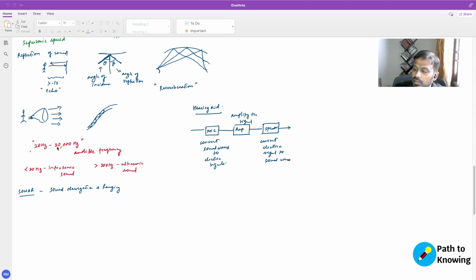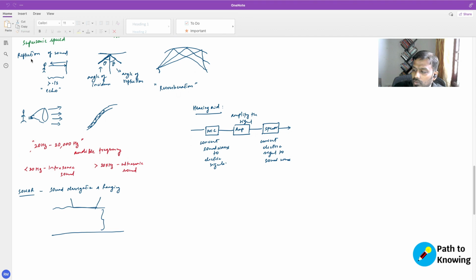So take a ship that is sailing in a deep ocean. It typically uses this device called sonar to know the depth of that ocean at that point in time. It all uses the properties of sound, primarily reflection of sound,